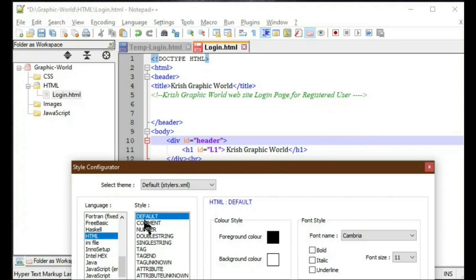For HTML, by default, we set the foreground as black and the background as white. Here you see Chris graphic world is formed in the black foreground color over the background color of white. Same way you see the comment line, we put a green foreground and the font name is Times Roman, and I checked the italic font style. You can notice that my comment line is also changed to green color, and the font style is italic nature and the font name is Times New Roman.